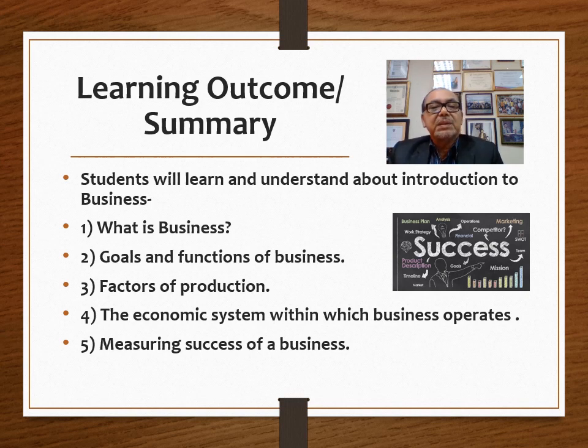Goal and function of business. What is your goal? Everything you do in business is to make profit. What is the function? To do business, to make profit. So everything goes back to what is business: to make profit. Factors of production, we just explained to you. Factors of production is also like another business activity. Simple, we just explained this for chapter 1 first.